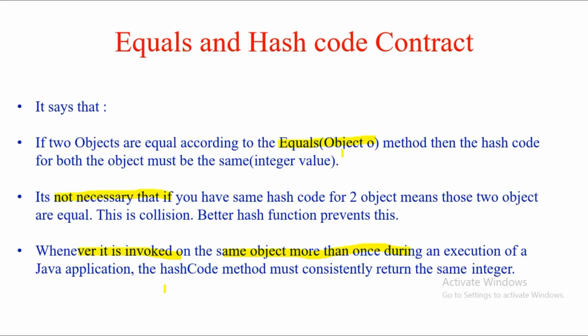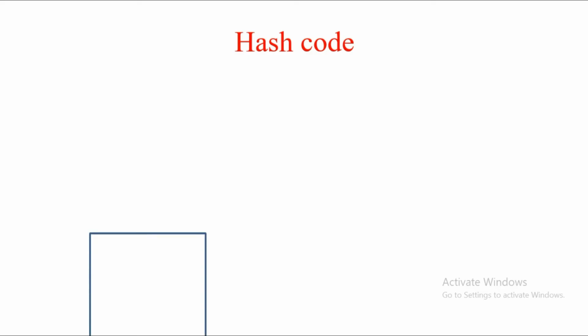So we have seen one part of it, how to make two objects logically equal by overriding the equals method. But what I've done here is I have not overridden the hashCode function. So why is it very important to override the hashCode function? Because I will show it in the next slide.